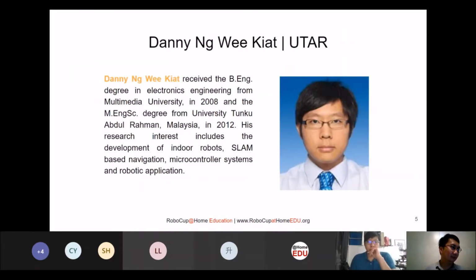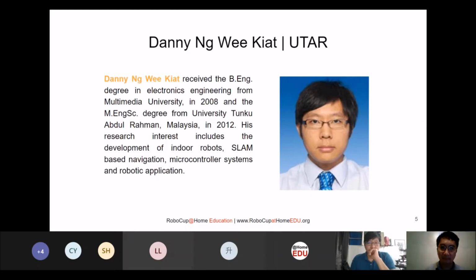Now let me once again introduce our speaker for today. Danny Ng from Universiti Tunku Abdul Rahman, Malaysia. Danny Ng received the Bachelor of Engineering degree in Electronics Engineering from Multimedia University in Malaysia in 2008, and then the Master of Engineering Science degree from UTAR in 2012.